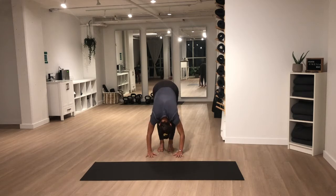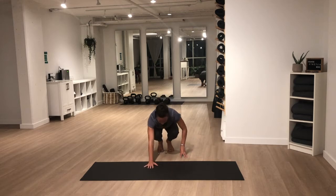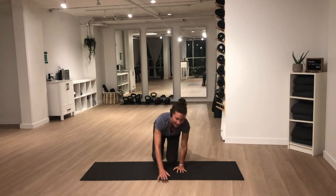Just let the head go here. You may feel a nice deep stretch in the backs of your legs, maybe bending and stretching the knees a couple times, saying hello to your hamstrings. Great. Now we're going to walk forward slowly, and you can come on to your mat, and we're going to